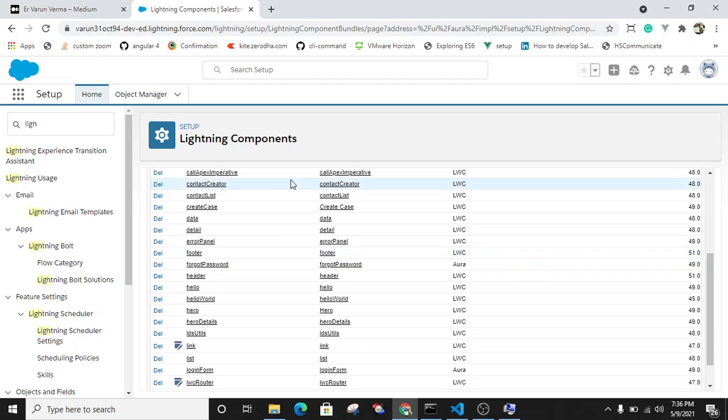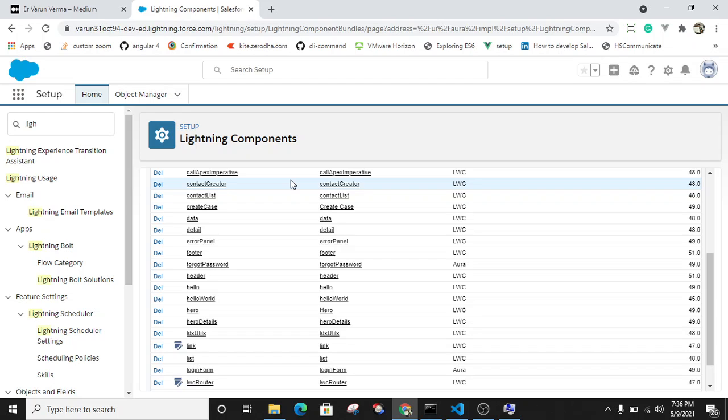Today we will learn how to set up Visual Studio Code for Lightning Web Components. So this is the tutorial for Lightning Web Components. This is the first tutorial for LWC basic components concepts. Let's start with the basics. First of all, we will start with the setup. Today's tutorial is based on the setup.